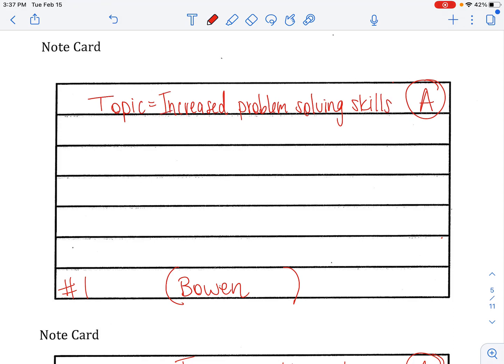And I try not to look at the original source when I write a paraphrased note card for it. I really try to rely on my own brain to recall the information, just because I don't want to keep that original wording. Okay, so let's start off with